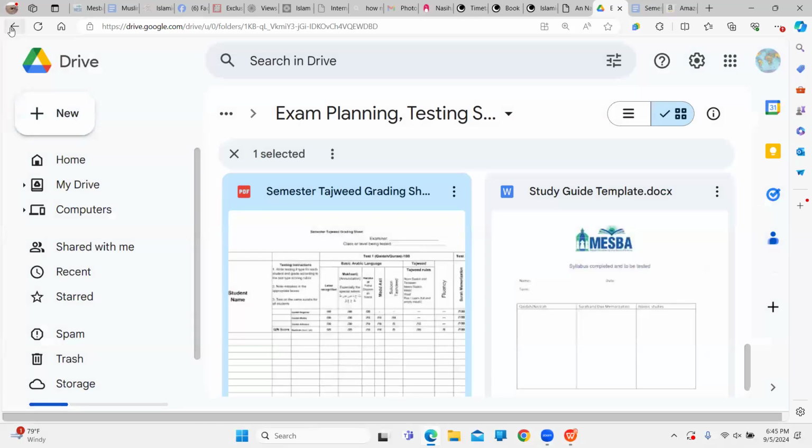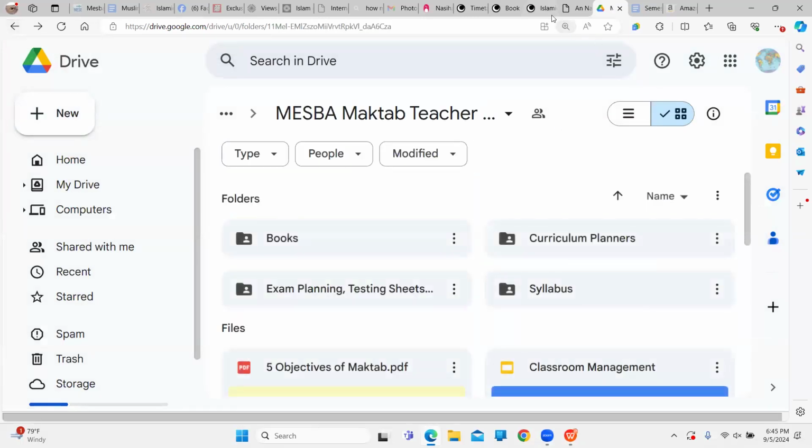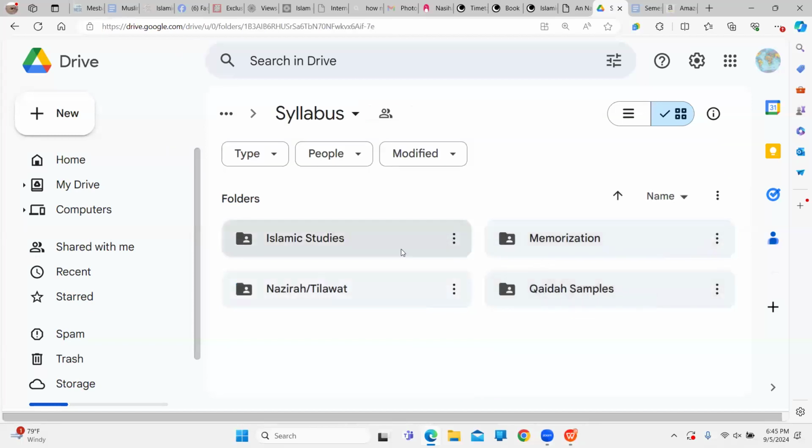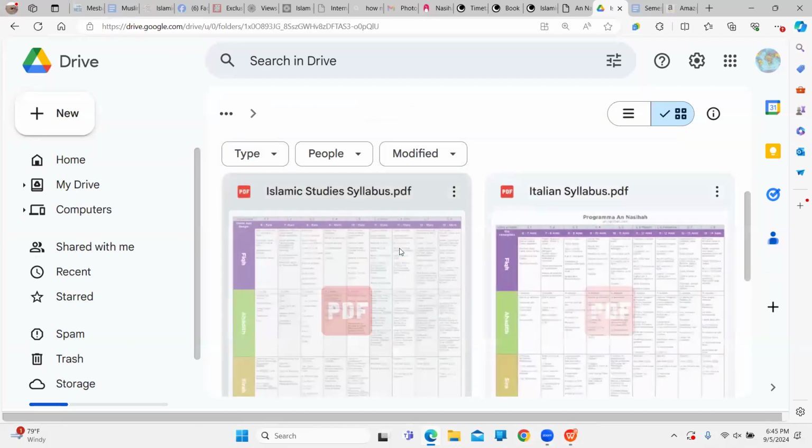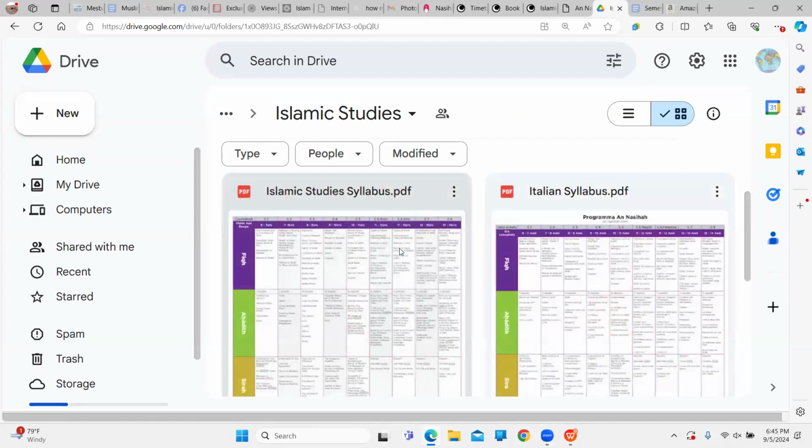Okay, and let's go to the next one. Next one was Islamic studies, right? Next one was Islamic studies. So Islamic studies, which one is it? Is it the syllabus? Yeah, Islamic studies. Yes. Islamic studies listed there. Yes. The issue was what we ran into. This is by grades. Okay, so